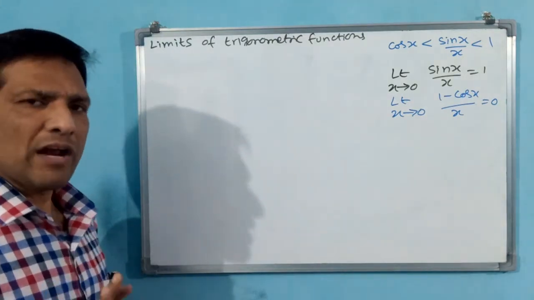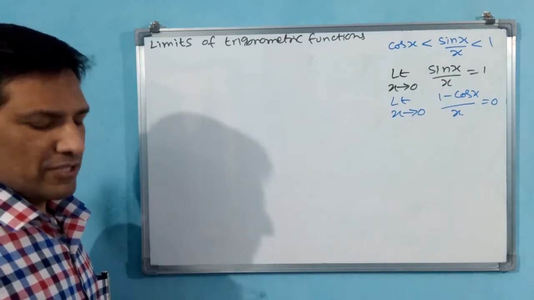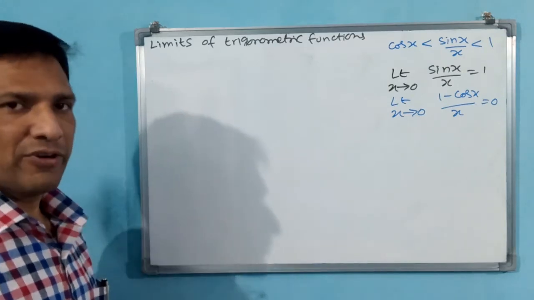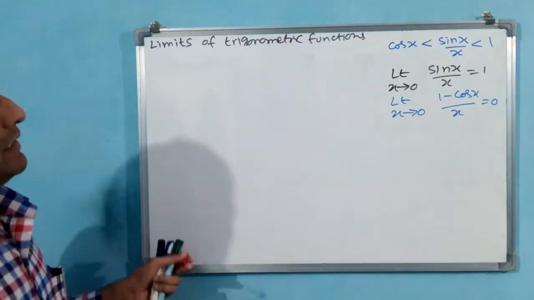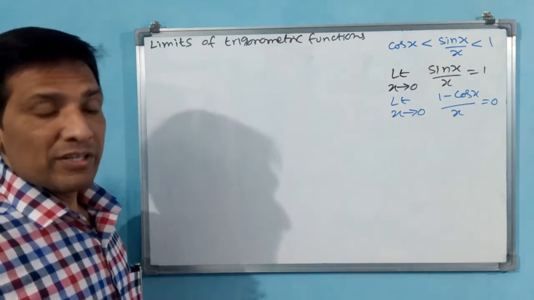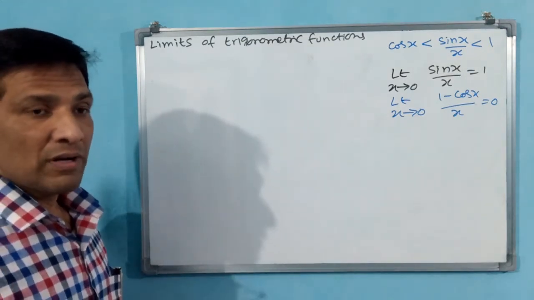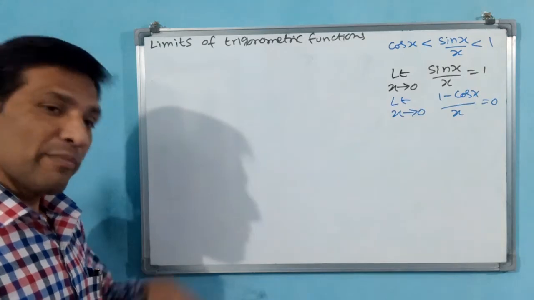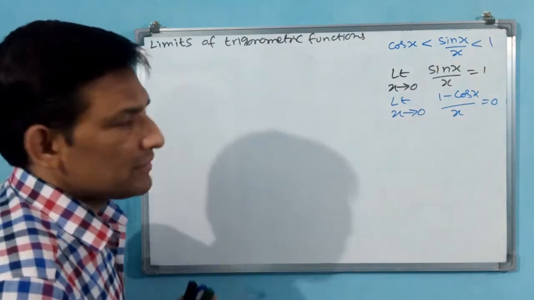Okay, case 3 we are avoiding, that's all. That you have to understand carefully. Case 3 we are avoiding, and we are making it case 1 or case 2. Even case 2 we are not making. Case 2 means 1 by 0, undefined, or limit does not exist. We are making it case 1, you can think.